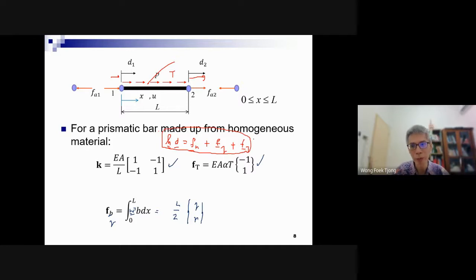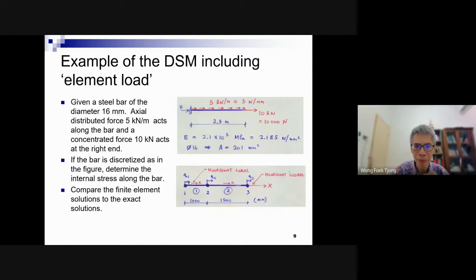Once we have these formulations, again, go back to DSM. You can use either DSM-A or DSM-P to solve the structural problem, the bar structure problem. And for example, like this, but I will discuss maybe not this problem, but a simpler one to solve the bar problem. To solve, it means what? We can obtain the displacement, we can obtain the stress, normal force, to solve for a static problem, okay? This is an example of the problem that we can solve easily.